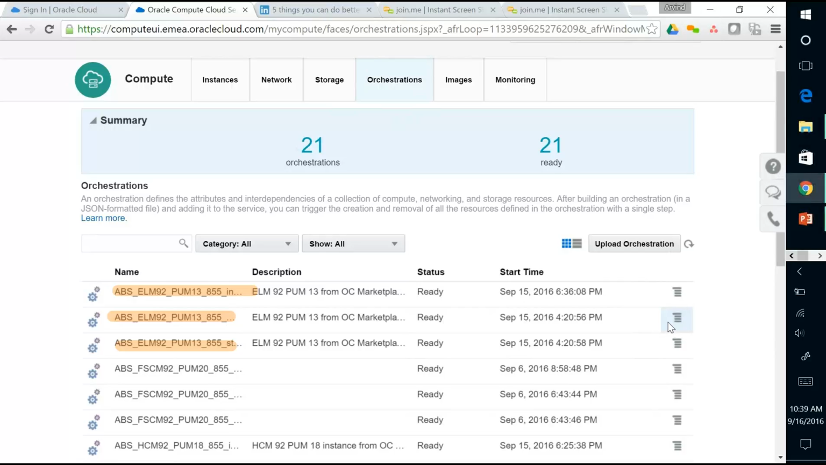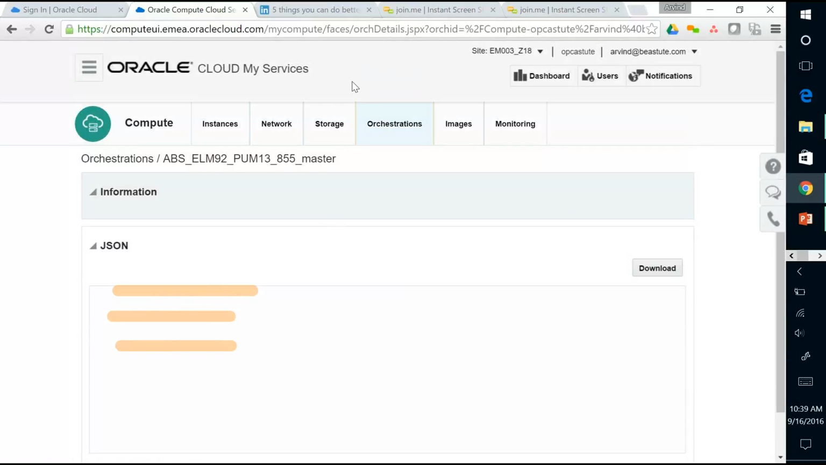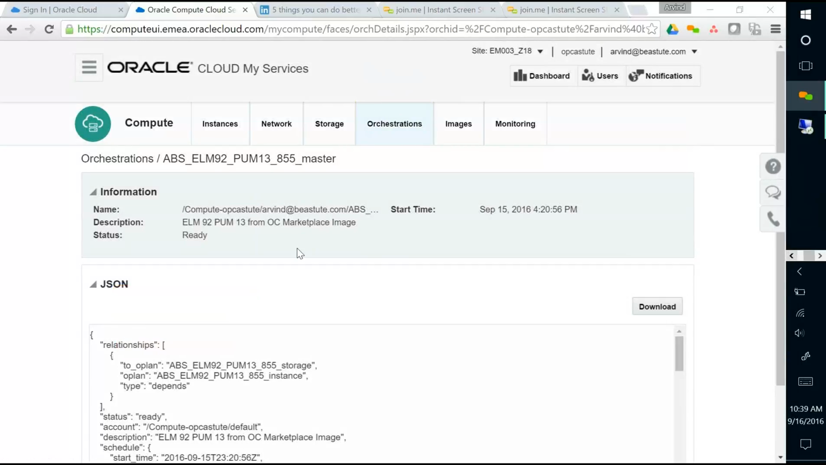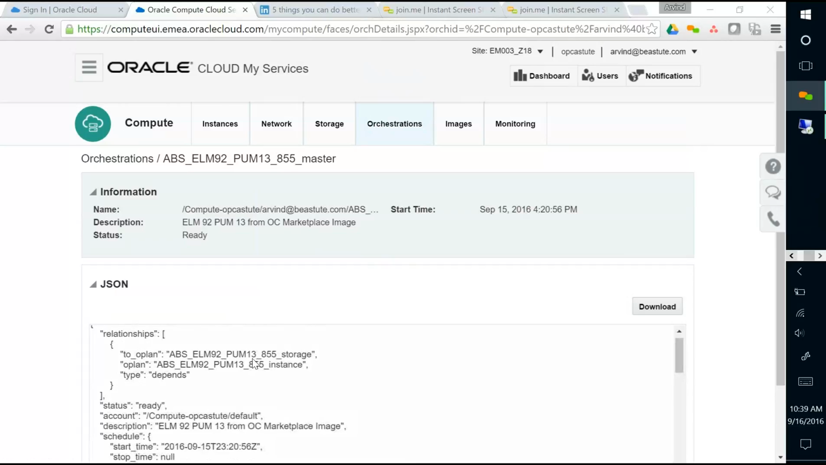So let's look at this here. I want to view what this orchestration looks like, and it is using JSON. So JSON, for those of you who don't know what it is, JavaScript Object Notation, gives you a way to define your instance, the parameters of the instance: name, location, IP address, DNS name, storage, network, security list, all of that in a file that's easily readable so that you can run the instance based on that parameter or those